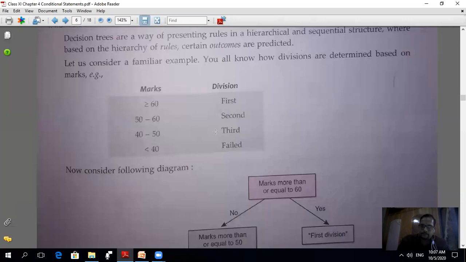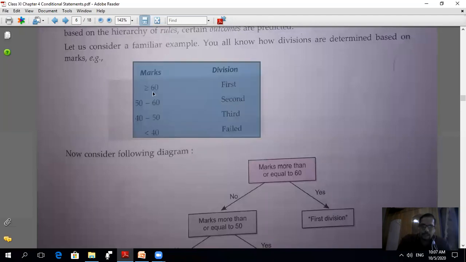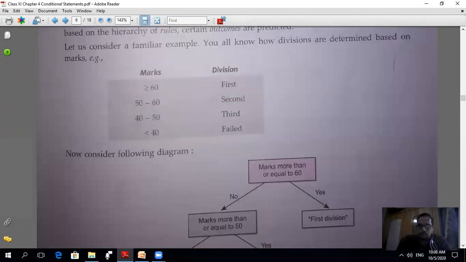Just see this example here. Two columns are given. One column is for condition, that is for marks, and the second is for division. If a student got more than or equal to 60 marks, then only he or she got first division.